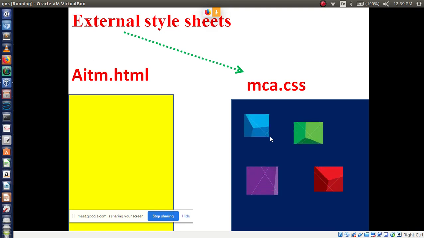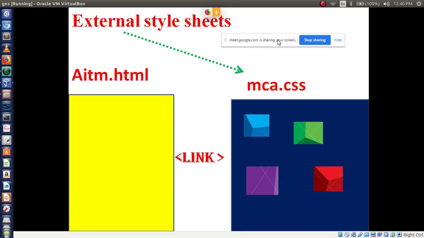Now in style sheet you are applying the colors, not only colors, like we have made font style, font size, font family. We have used different kinds of styles, right? Here I have taken examples of colors. Now my job is, after writing my code in CSS file, these styles are going to apply on this HTML file. So this is called external style sheet.